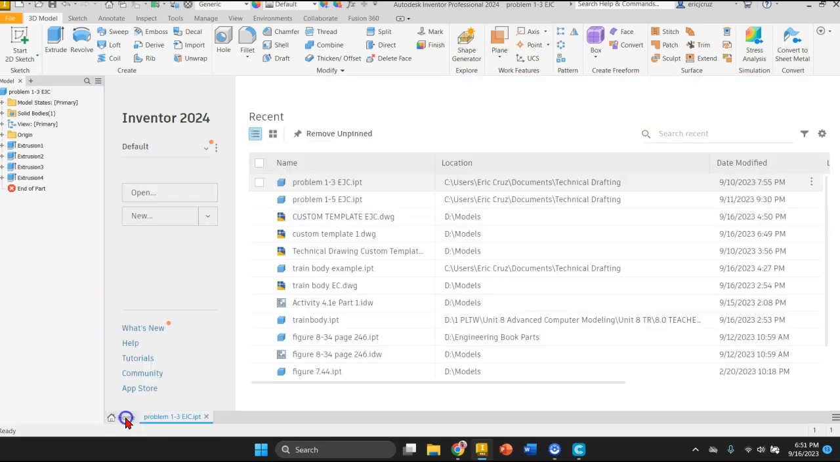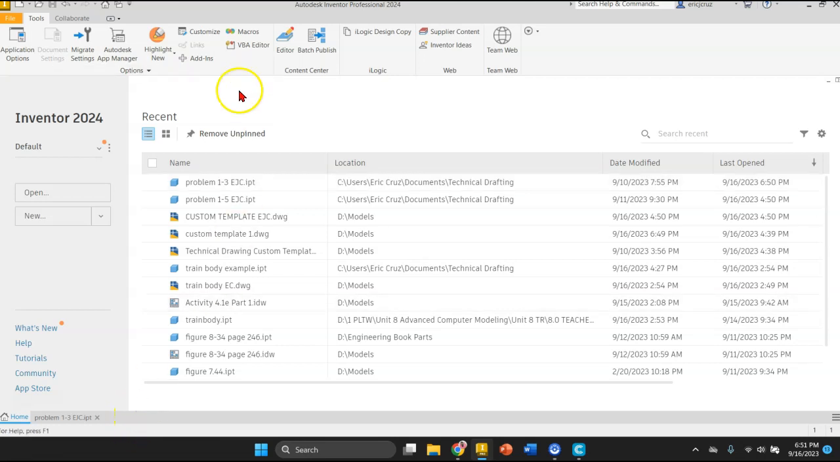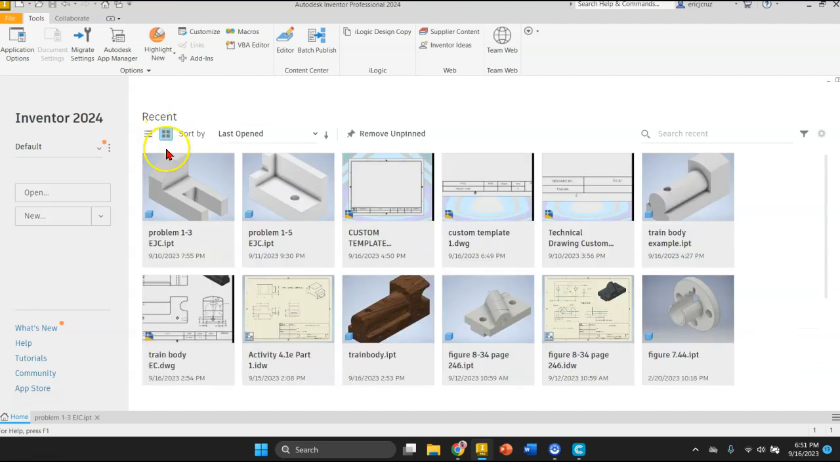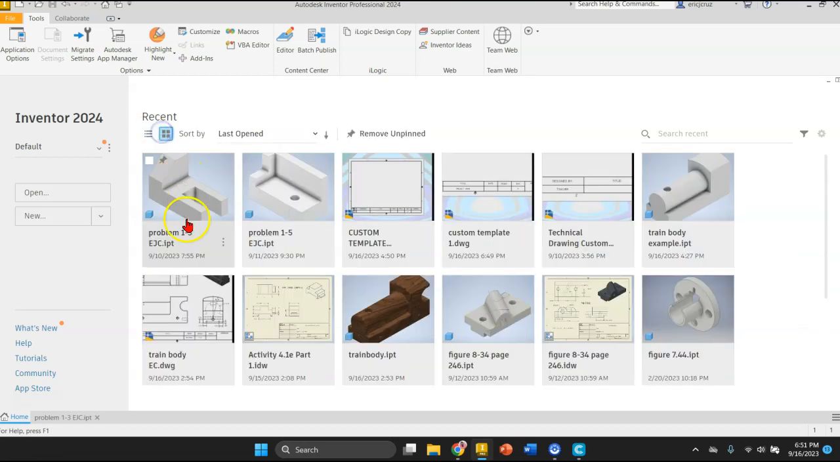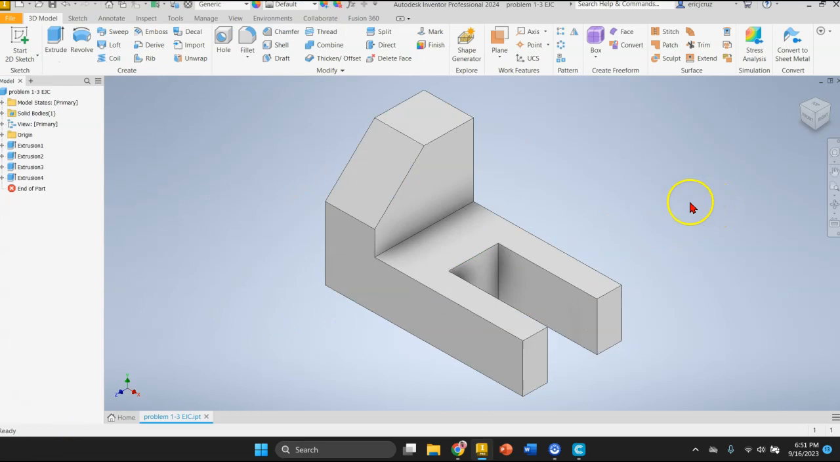Otherwise, in Autodesk Inventor, on your home dashboard area, you can change it to a grid view and you'll be able to see everything here with the pictures, or list view, whatever you prefer. So I've already opened up my problem 1-3, and what we're going to do is go to